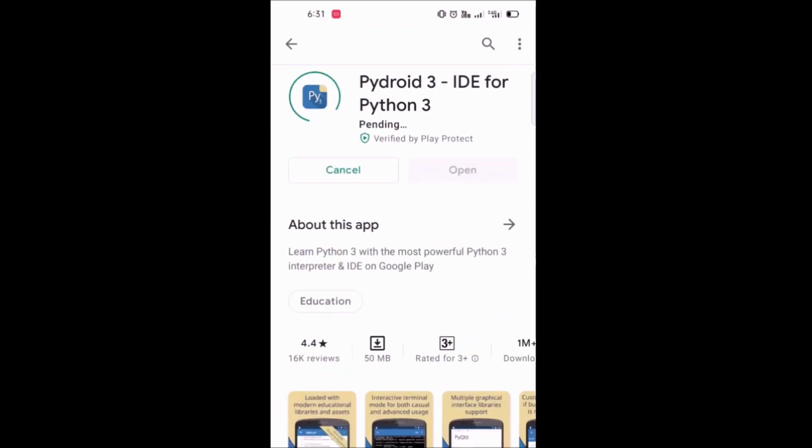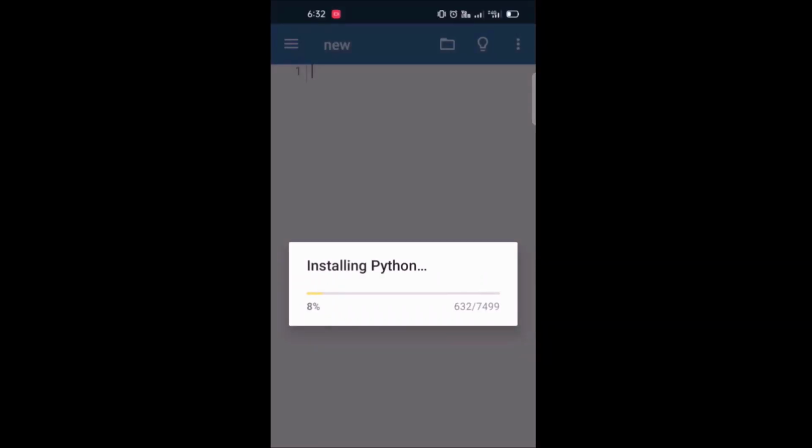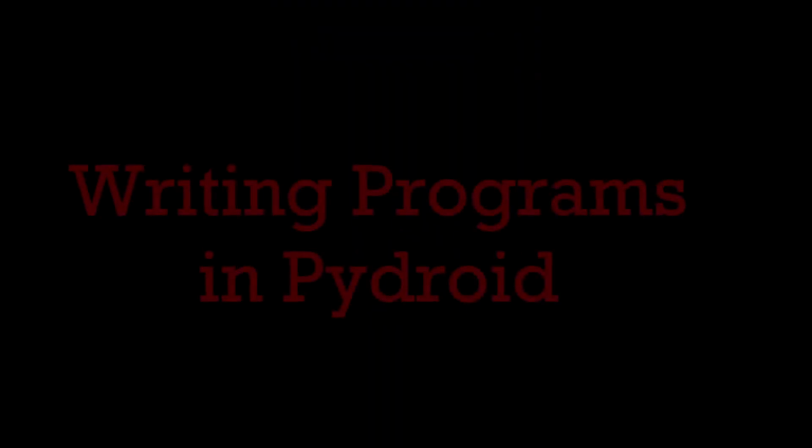It will take some time for installation. It is installing. Okay, now you can open Pydroid 3. Now a few files from Python are still installing into the environment. It will take some time, so you have to wait for a few seconds. After installation,